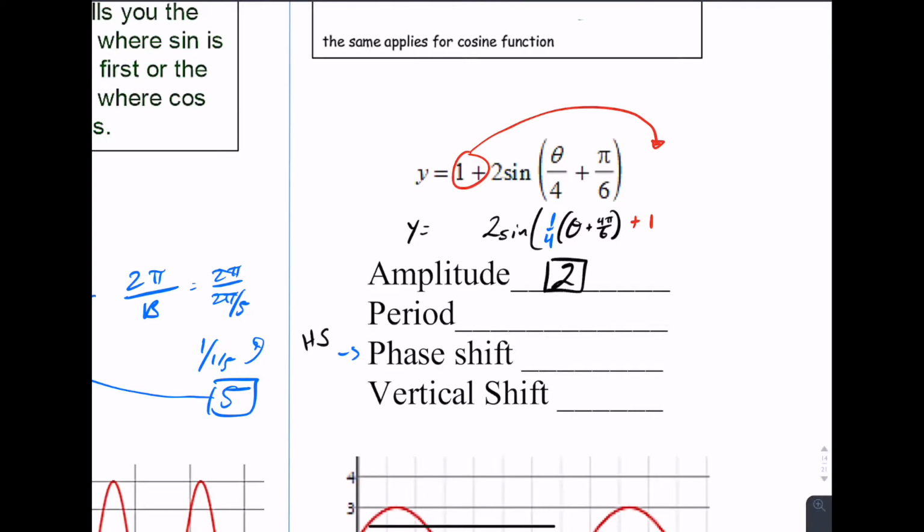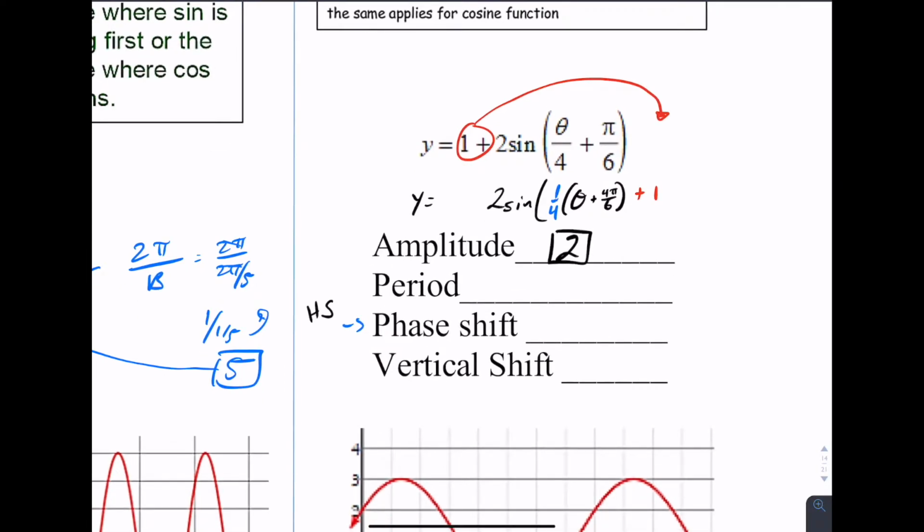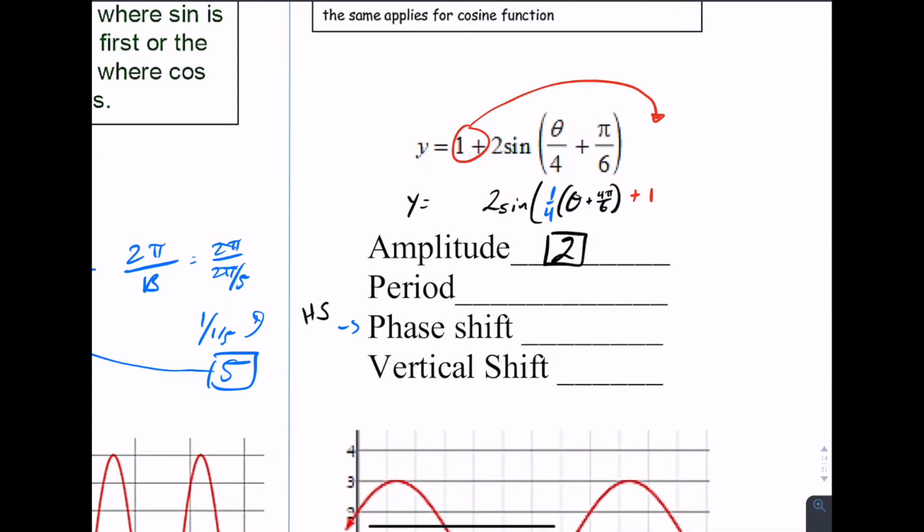That's just the number in front. Period. That's the 1/4 we put out. So the 1/4 is acting like that b. So b equals 1/4. So then it's 2 pi over 1/4, divided by a fraction, flip and switch. So that is just 4 times 2. So 8 pi. Phase shift is the fact that you had that 4 pi, that plus 4 pi over 6